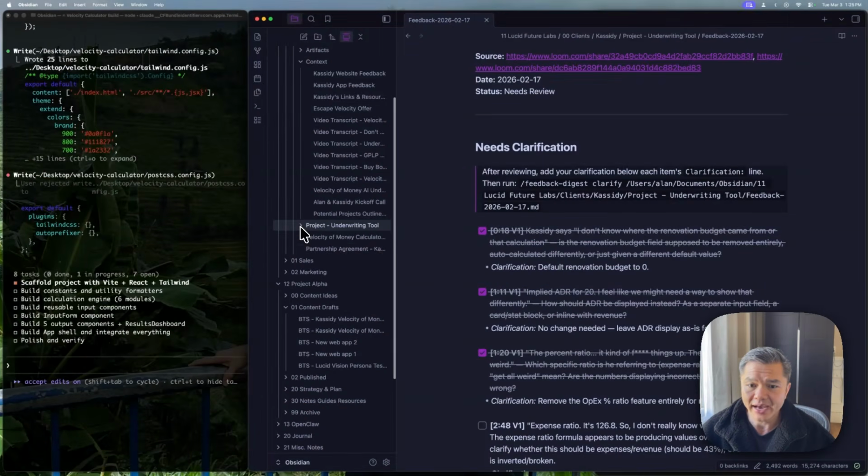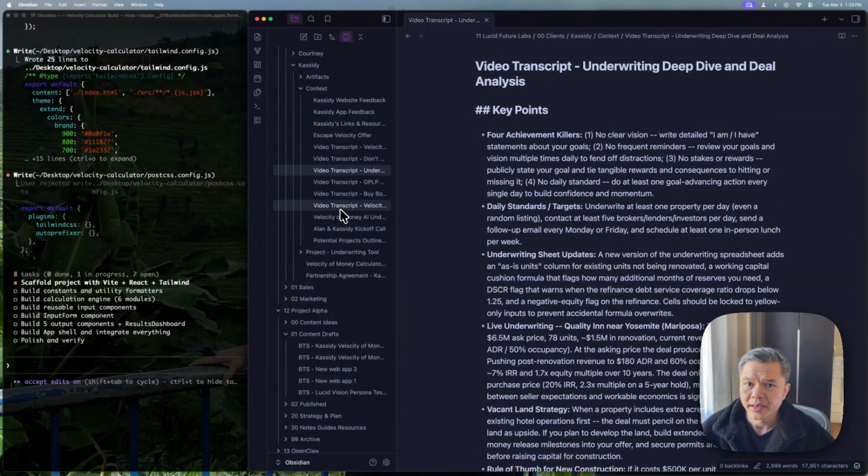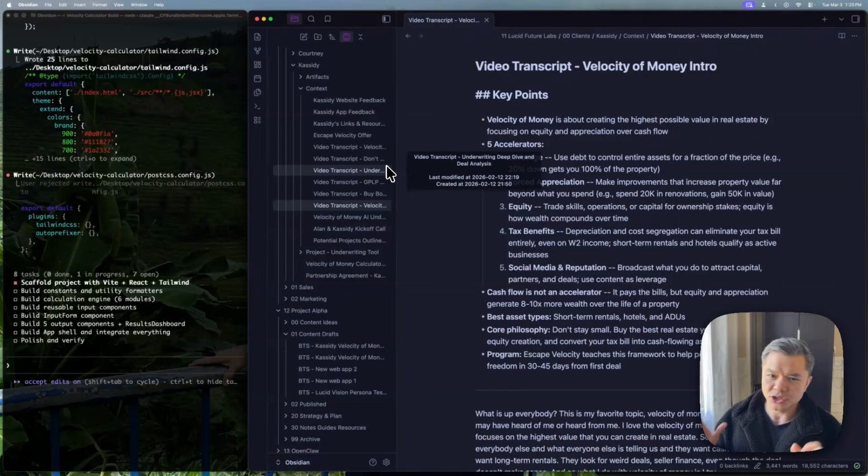Again, we have all of this context here in these folders. And what I was able to do is use Claude skills. Skills are basically a repeatable template, a repeatable prompt, for when you have repetitive tasks. If you find yourself typing or copy-pasting the same thing over and over into Claude or ChatGPT, you can turn that into a skill that you can run over and over again.